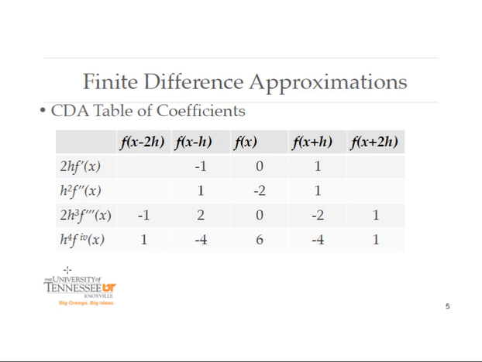The way this reads is that this would represent the left-hand side. So the first row would say that 2h times f prime of x is equal to what? Scan over, and these are the coefficients that go with those corresponding function evaluations. So this would be equal to f of x plus h, and then plus a net minus 1 times that would be the same thing as minus f of x minus h. So this is our first central difference approximation that we had before, meaning that if you're actually going to approximate the derivative,